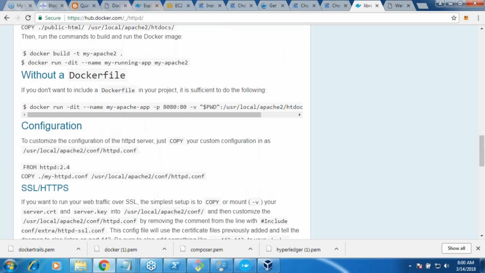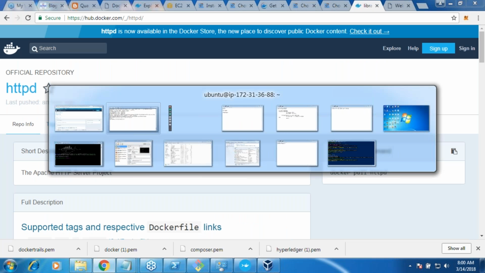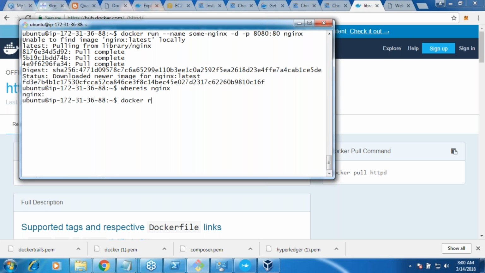I don't want to do all of this, so let me use the same thing. Docker run --name my Apache. I'm just looking at the command above and trying to do it. -p 81:80 HTTPD.